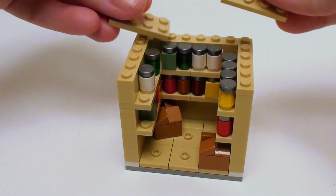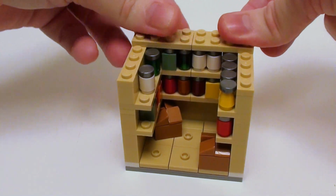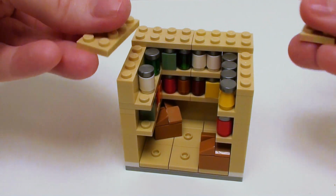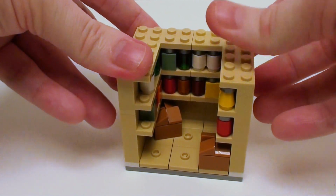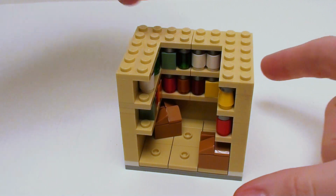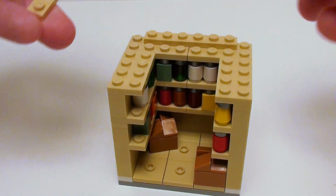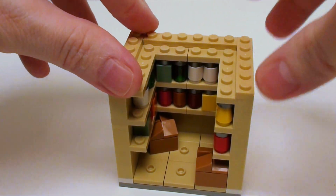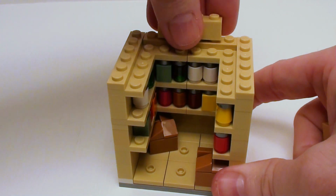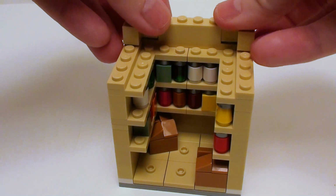Now for our third shelf, we're going to place a pair of 2x4 plates on the back as well as 2x4 plates on the sides. Now we're going to secure these with 3 1x6 plates. Let's add our last level of brick, starting with a 1x4 brick and a pair of 1x2x2 corner